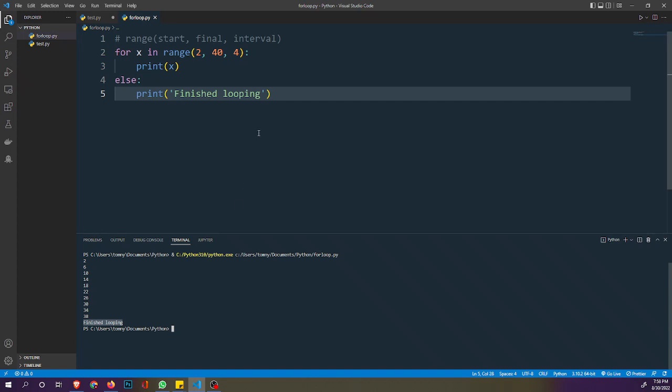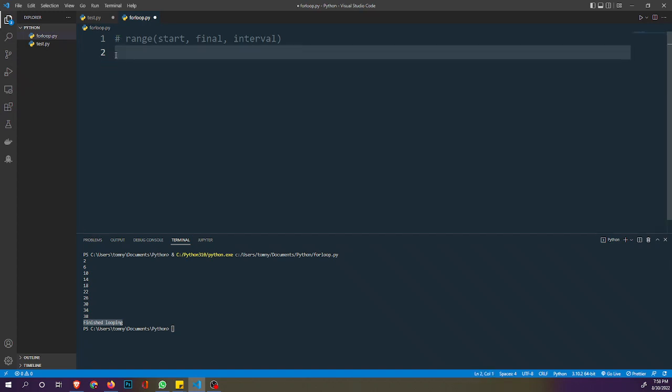Let's talk a little bit about nested loops. So we can have one loop in another, and how it works is that the inner loop will loop at every iteration of the outer loop. Okay, so a nested loop